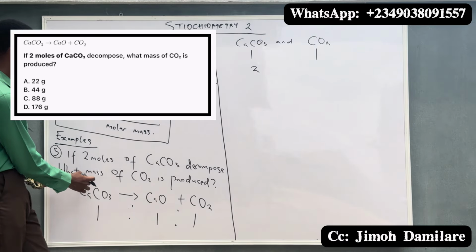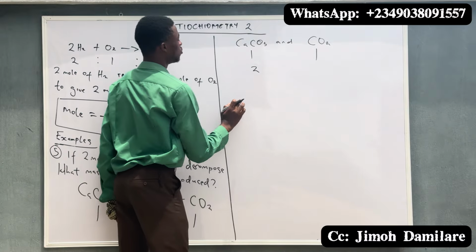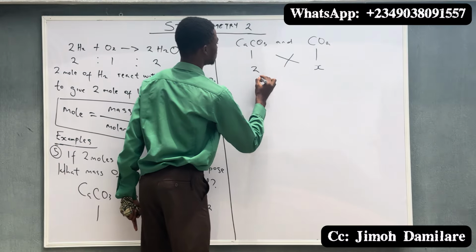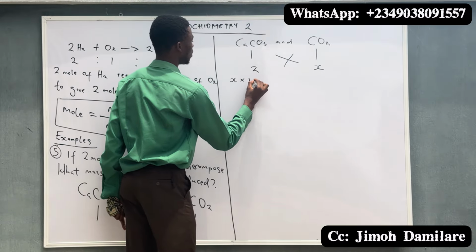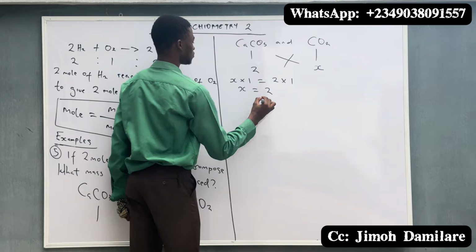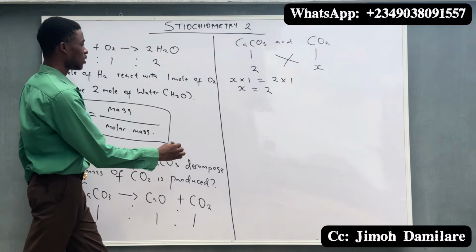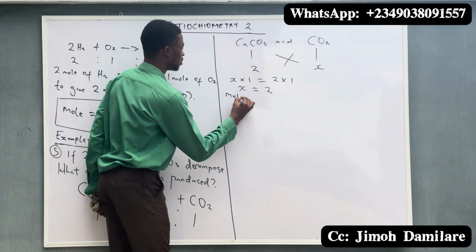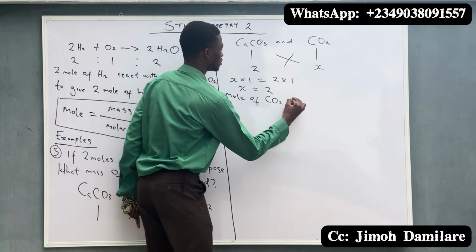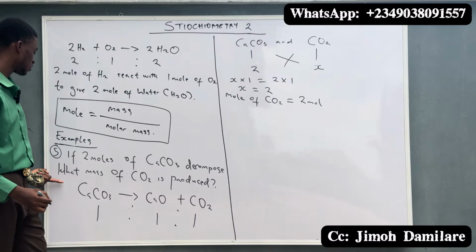In order to get the mass, we have to get the mole first. Remember that everything here must be in moles. So let's get the moles of CO2 first. We have X. When you cross multiply, you have X multiplied by 1 to give 2 multiplied by 1. So X is equal to 2. So we have gotten the mole of CO2 to be equal to 2. So we can now say mole of CO2 is equal to 2 mole, while the mass, which the question is asking us to calculate,